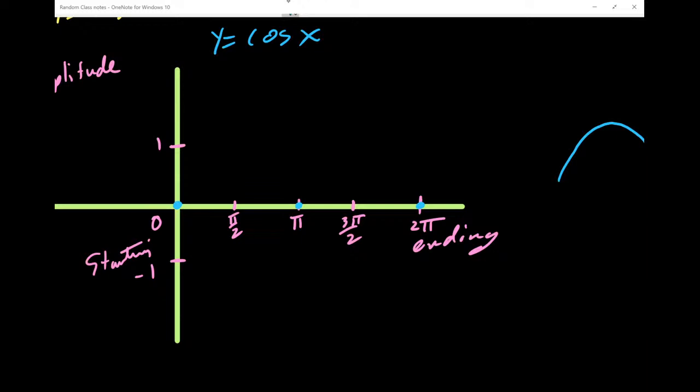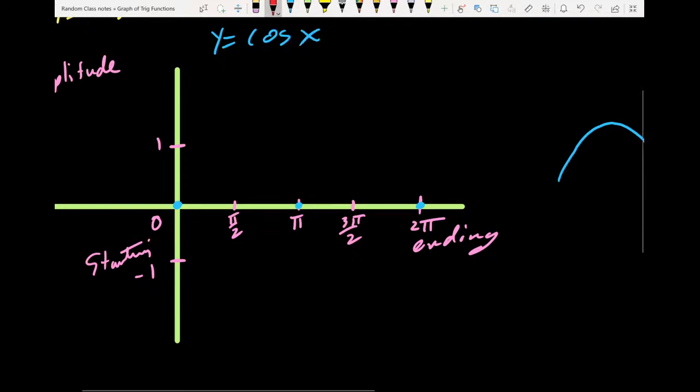All right. So y equal cosine of x. And cosine is interesting. Cosine is going to start at what? No, cosine is going to start at, let's use this color. Let me use red. It's going to start at the top. Then it's going to go to this point right over here. Do you guys see the pattern yet? Yeah? And if I connect it,